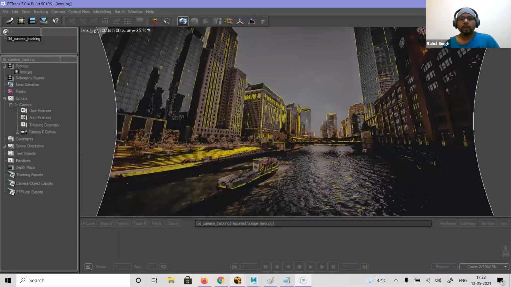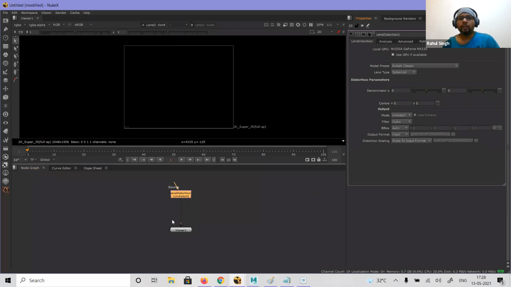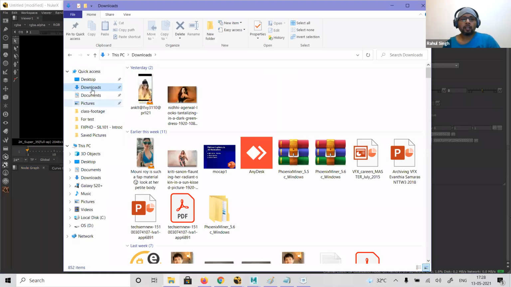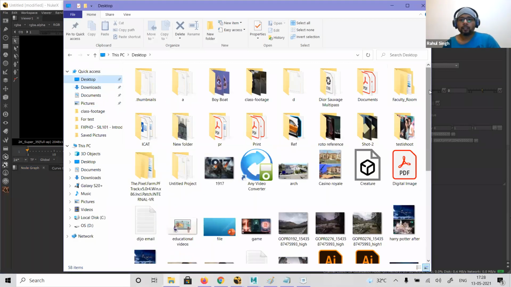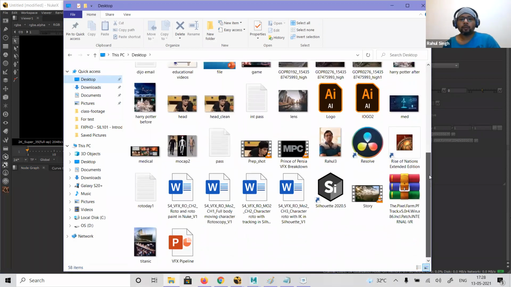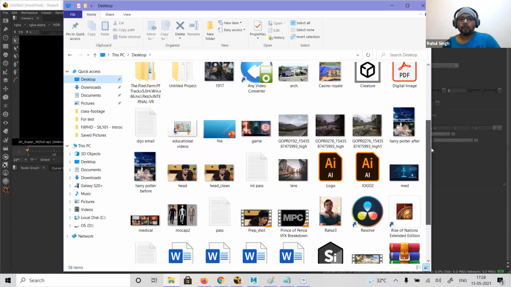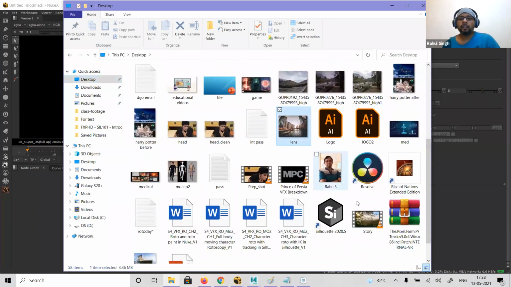So same thing, whether we have this software or whether we are using, say, Nuke, everywhere the options are very much the same, irrespective of whatever software we are using. Only thing is the options will be a little different, but the procedure is very much the same.